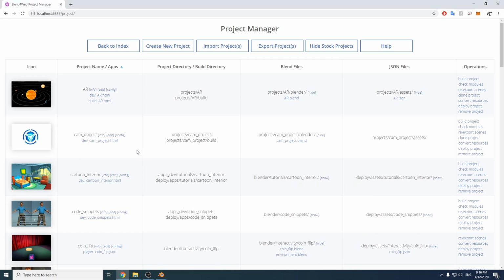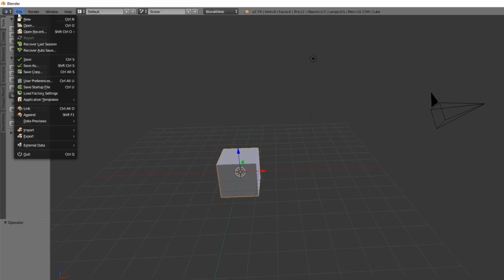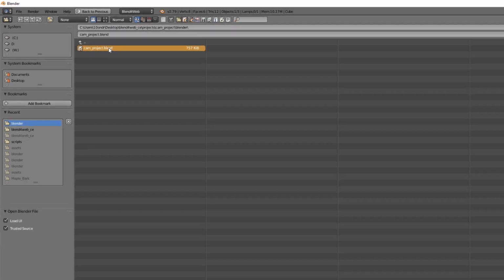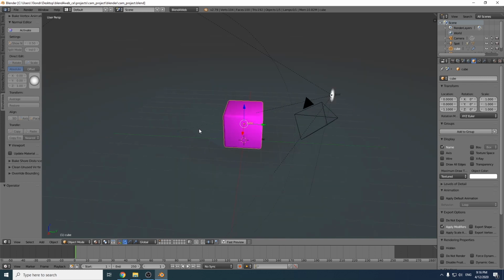This also created a new Blender project for us, so we want to head back to Blender, hit File and Open, and here in the Blend4Web_CE/projects we should see our cam_project, and in the Blender folder there's a .blend file, which is a project in Blender. After opening, there's some sample cube and light, and all of this needs to be replaced with our models